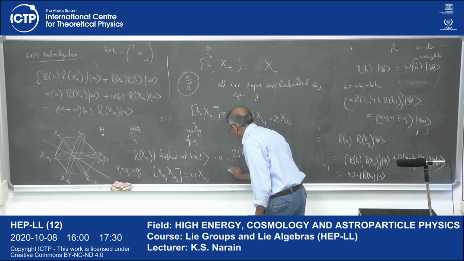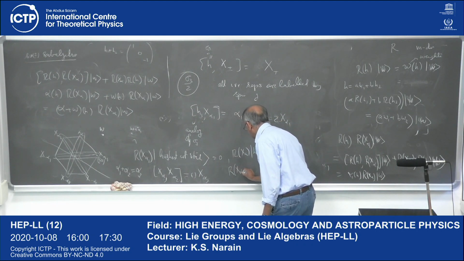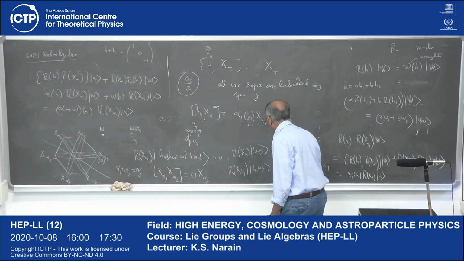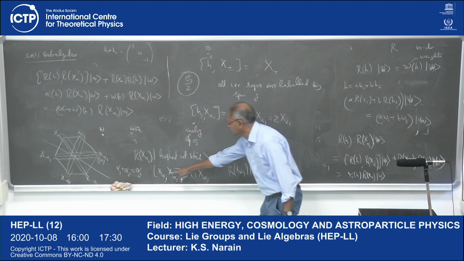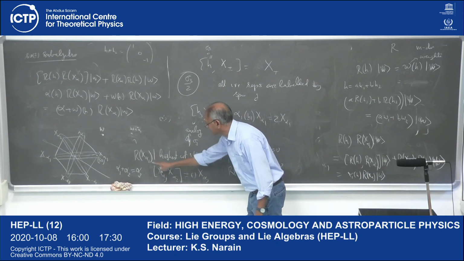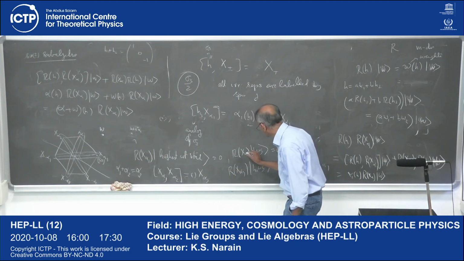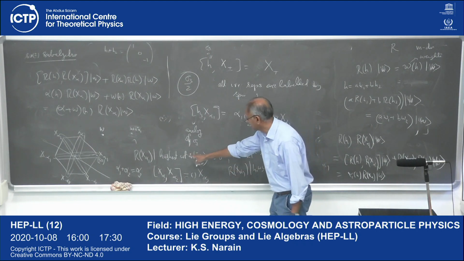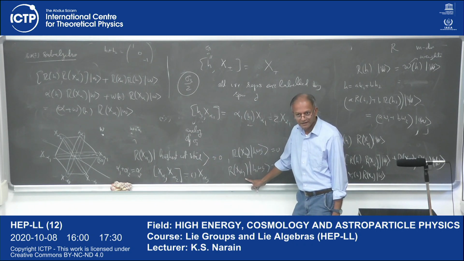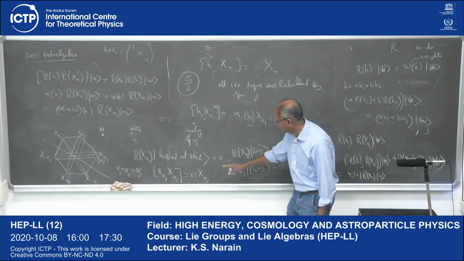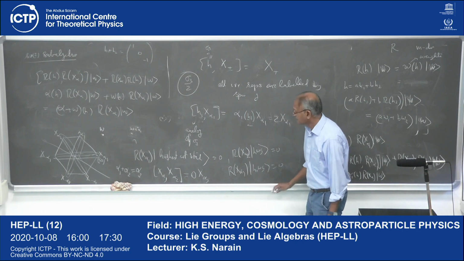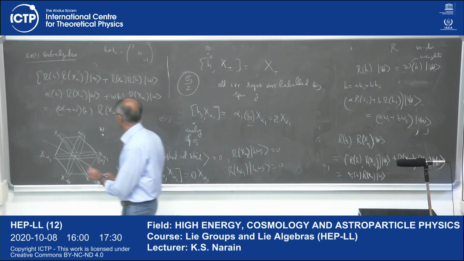Then I don't need to impose an extra condition, x alpha 3 acting on HWS equal to 0. Why? Because x alpha 3 is the commutator of these two. Right? So if each of them has annihilated the highest weight state, then this is automatically going to annihilate the highest weight state. Because I also told you this coefficient is not 0. Okay? So therefore it is sufficient to take,